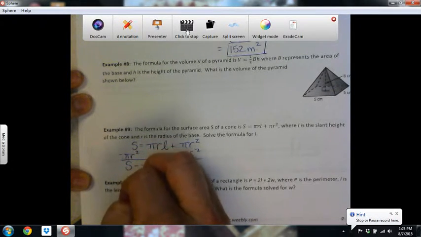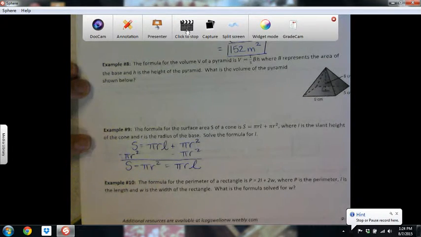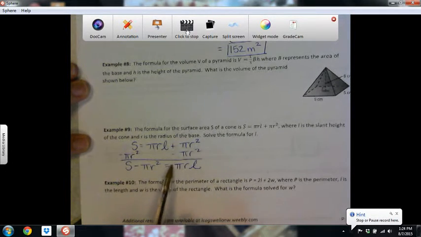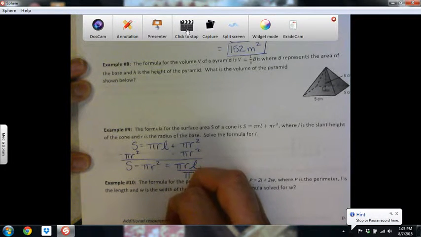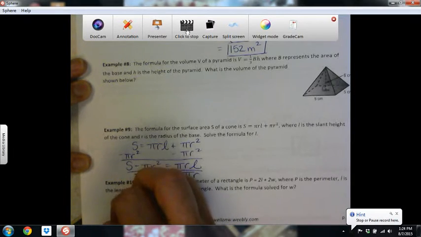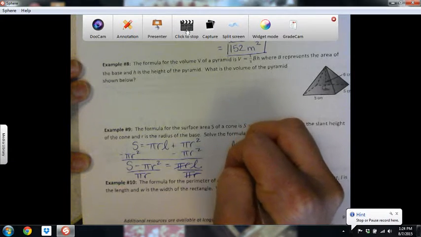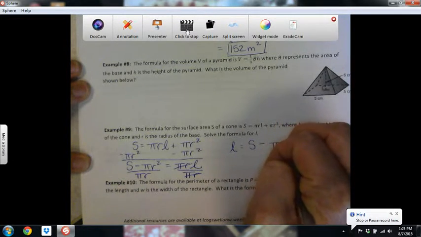So I have s minus pi r squared equals pi r L. So there's no other terms over here, so there's nothing left to subtract or add away from the L. So the next thing that I would do is multiply and divide. Well, L is being multiplied by pi r, so I want that to go away. So I'm going to divide by pi r on both sides. The pi r's cancel here and here, and so I'm left with the slant height equals the surface area minus